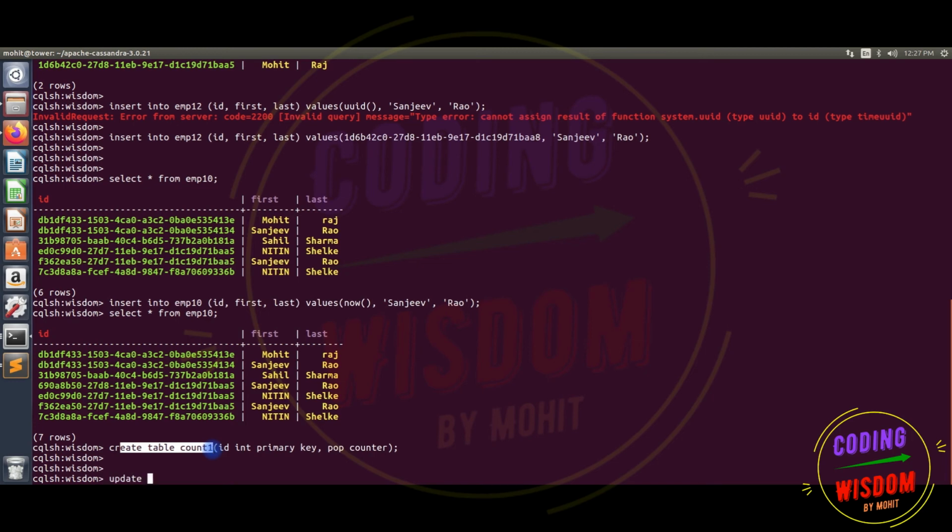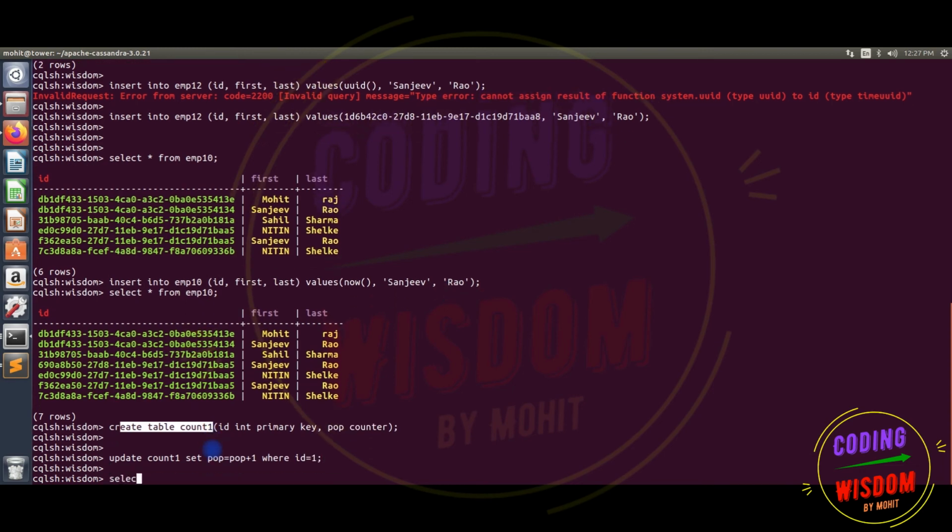So I'm updating it. Update count1 set pop equal to pop plus 1 where id equal to 1.